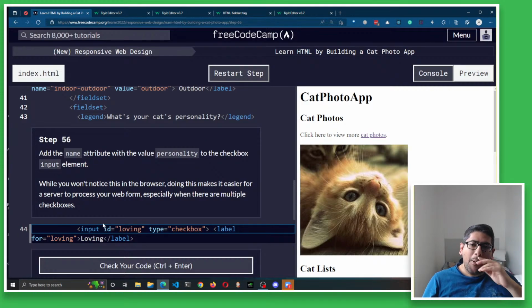Name for what? We don't have name for input. We have ID, type, and for the checkbox, right? Type equals checkbox. Oh yeah, this is name. With the value personality to the checkbox input element. Name equal to